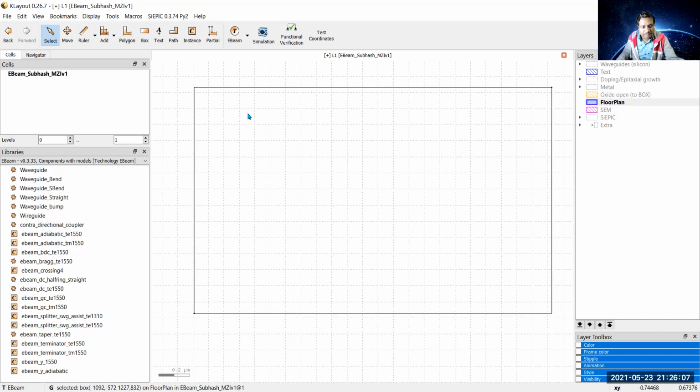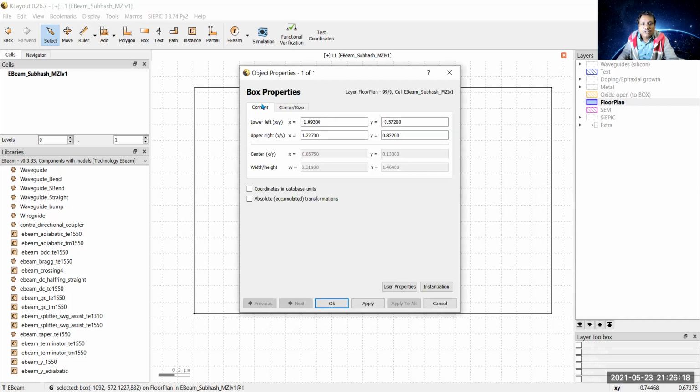Then you can select it and now press the button Q. This Q letter button on your keyboard you can click. So what you can see is the object properties. Object properties give an opportunity to decide the location as well as size of your floor plan where you are going to make the Mach-Zehnder interferometer. So this left x-axis which is here, I will make it 0 as well as y. So your initial left bottom portion is at x value 0 and y value 0.